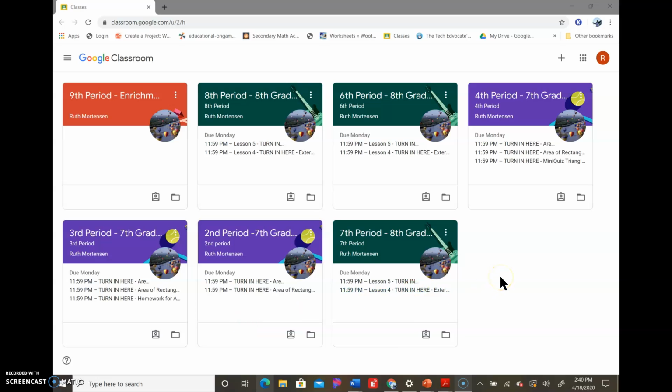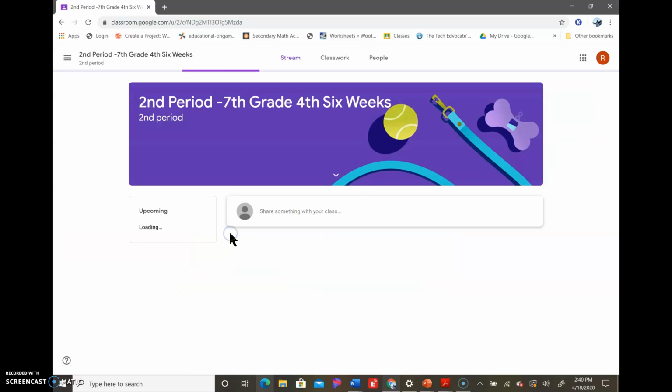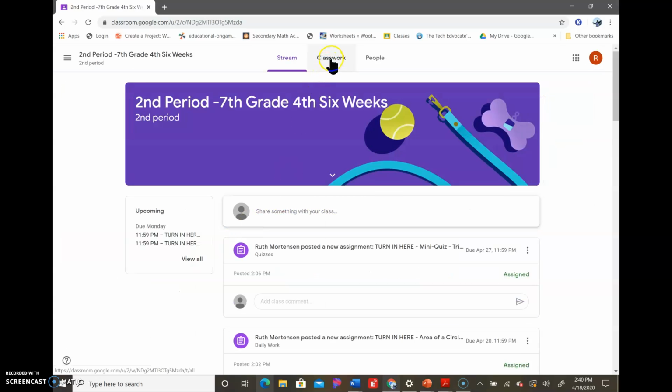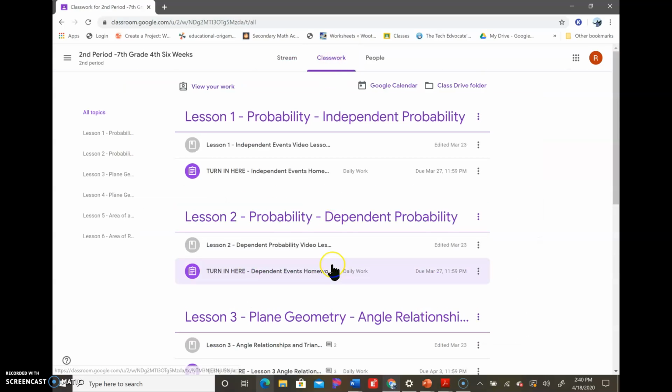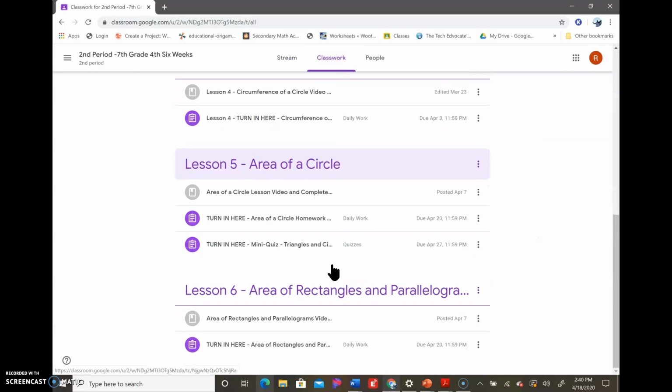Okay. It looks like this is consistent throughout all the classes, including seventh and eighth grade. I'm signed in as a student, so it's probably still not going to be exactly what you see, but close to it. You can pick whatever your class is, go into your class period, go up to the classwork tab,